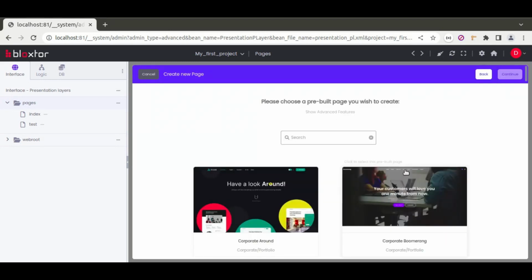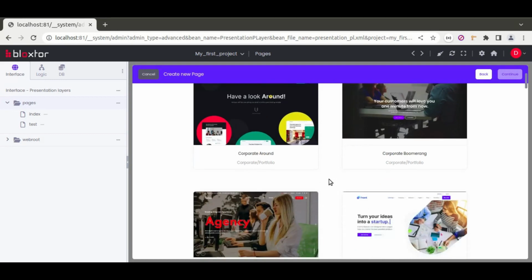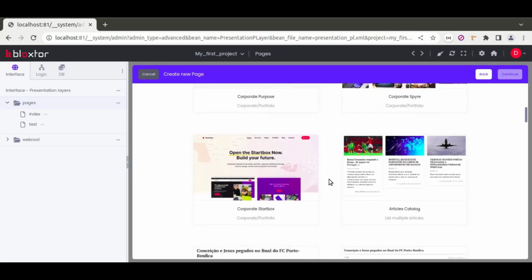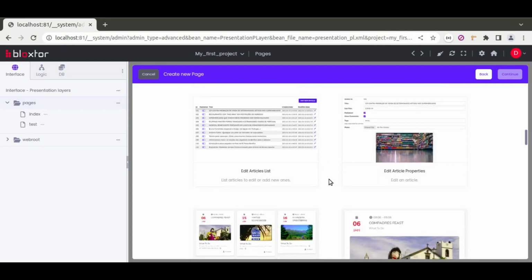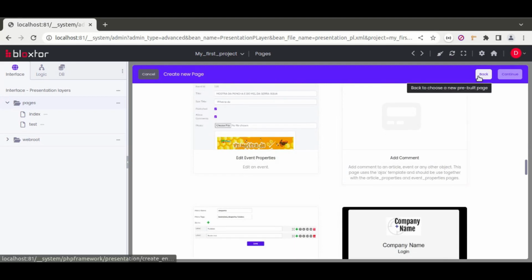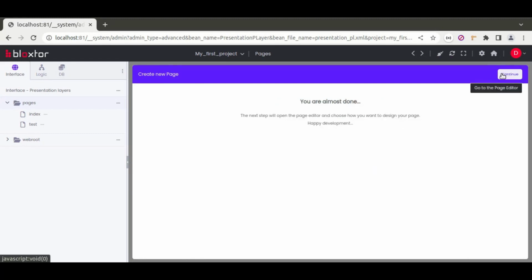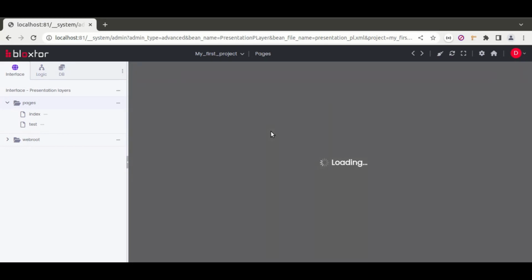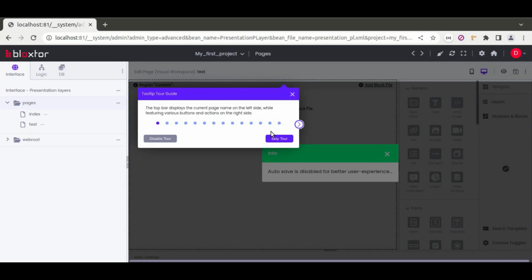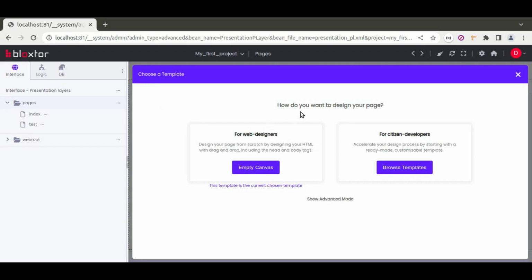So what are the pre-built pages? So in our store we have multiple pre-built pages, like corporate pages, portfolio pages, pages with articles, with events, and other type of pages. So let's just go back and let's choose the user-defined page, which is to create the page from scratch. And we are almost done. Now the system will open the page editor, and in here in the page editor again it shows the tooltip tour guides. So let's just skip the tours,